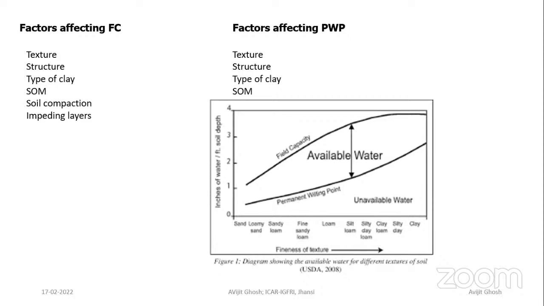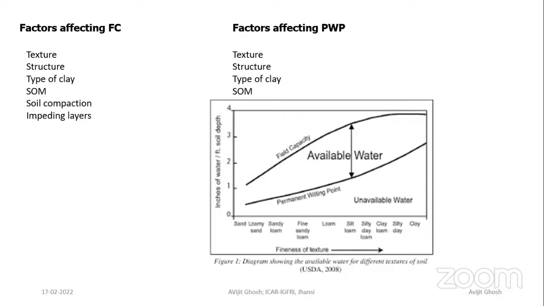The type of clay present in the soil, that is, a 2:1 clay like montmorillonite or a 1:1 type of clay like kaolinite, all interact and affect the soil water content at the wilting coefficient. For example, expanding type of clay retains more water, that is, 2:1 clay retains more water than non-expanding type of clay like kaolinite, because expanding type of clays are usually smaller in size than non-expanding type of clays, and